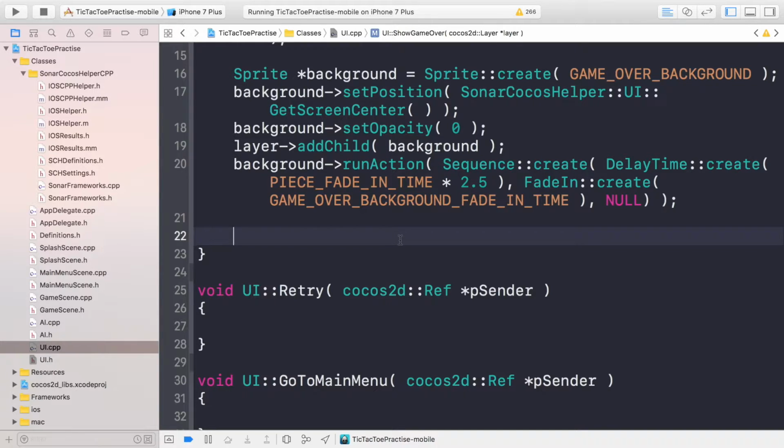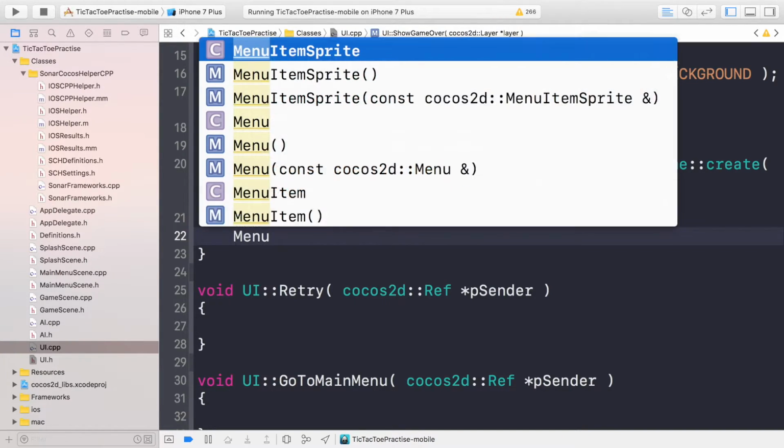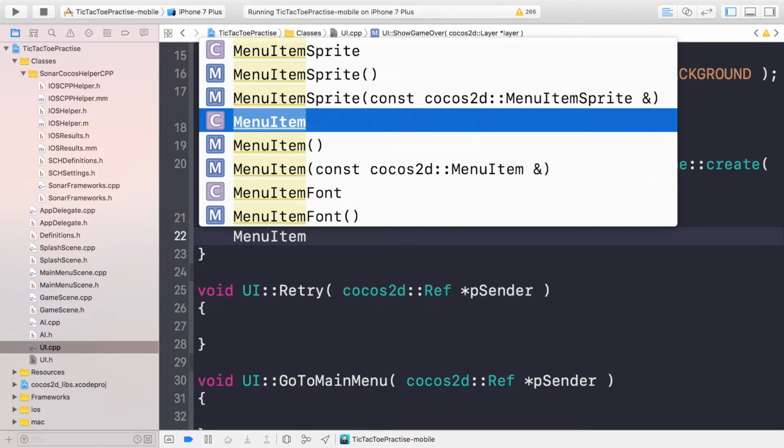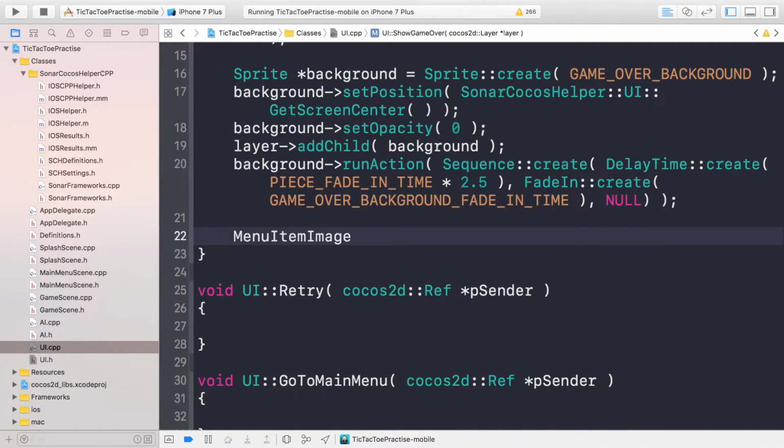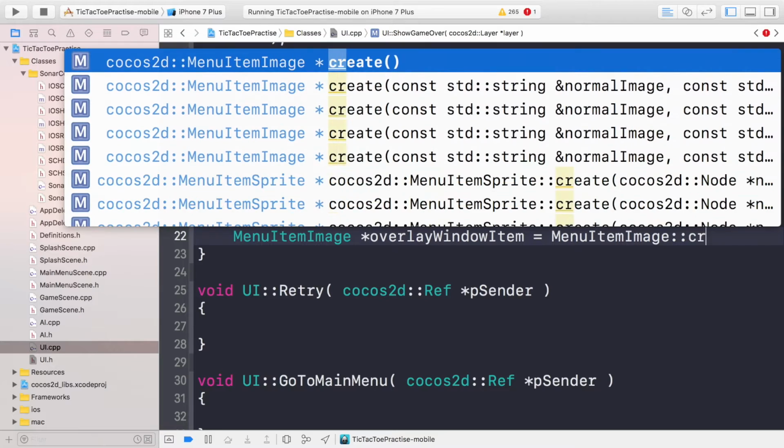So now we're going to create a menu item image. We're going to create our menu, which is going to consist of a menu item image, which is going to be the background, which is essentially that game over window, then two menu item sprites, which will be the home button and the retry button. So menu item image, and I'm going to call this overlay window item equals MenuItemImage::create,